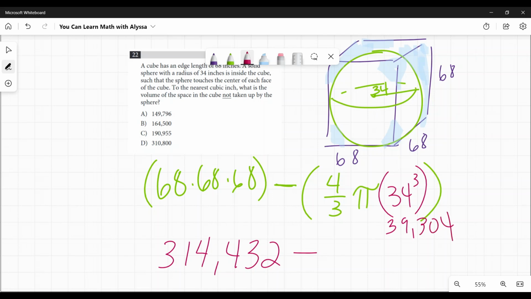And if I multiply that by 4/3, which you can do quite easily in your calculator, if you don't want to get into parentheses and 4 divided by 3, you can multiply the whole number by 4 and divide what you get by 3. That's a way that's a little easier to do. So we get 52,405 and a third, then multiply that by pi, which is the pi button in your calculator, and you get approximately